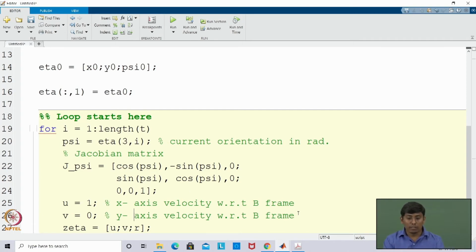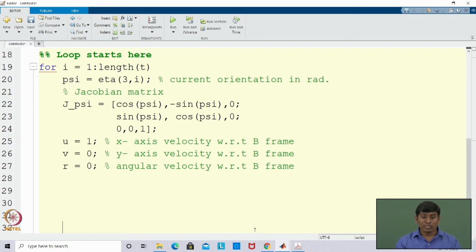right. So, then what you should know, R. So, R is actually your angular velocity. Since it is a land base, I am not writing which axis, but this is with respect to z axis. This is z axis angular velocity with respect to B frame, right. So, now you can see that these are the things we obtained. So, now I will bring that equation.